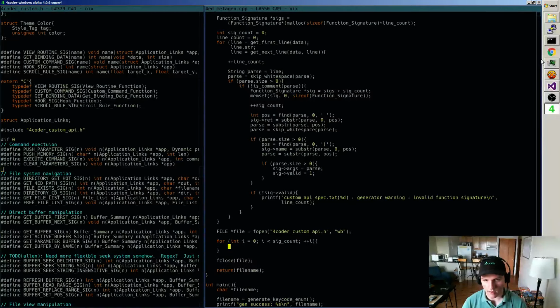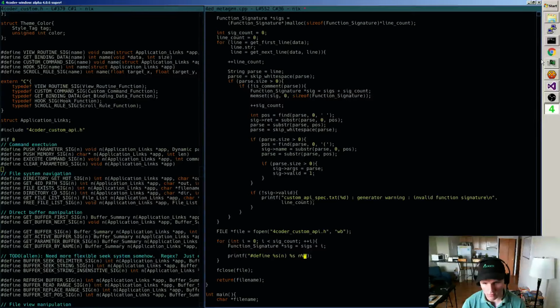At each step I would like a function signature sig for sigs plus i. And then what I would like to do is printf the following thing. Define, and let's see, some string paren n space some string n some string new line, right? And now I just need those strings.